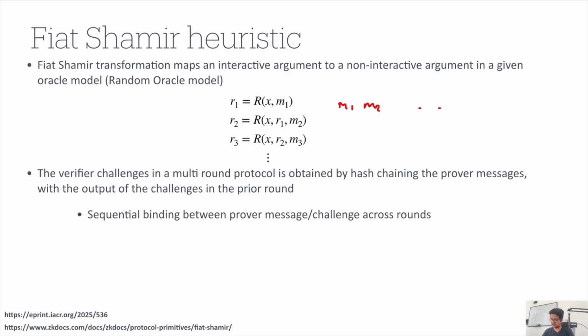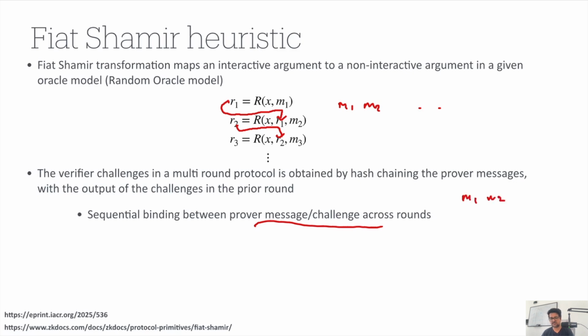Hash chaining essentially means that the randomness of the first is input into the second one and so on. So each output is also further chained across to the next round. This gives rise to what is called sequential binding between prover messages and challenges across the rounds. And the sequential binding makes the prover accountable for every message. Generally, this means that the prover has no freedom to arbitrarily change messages M1, M2 at a later stage